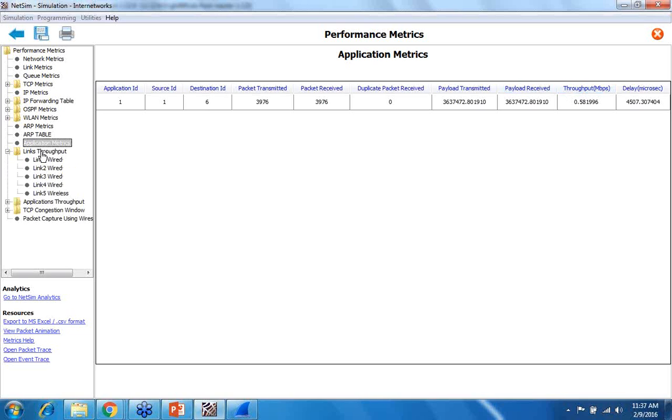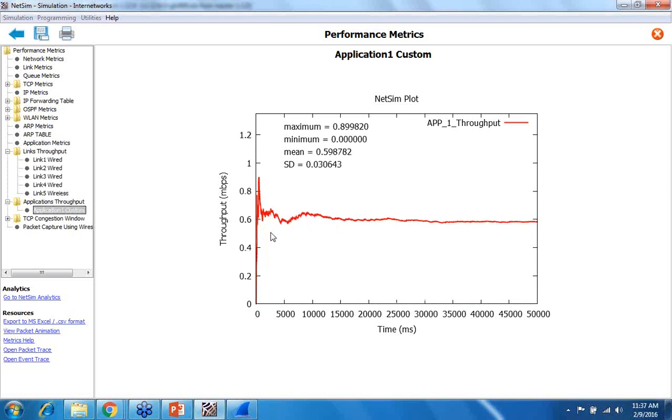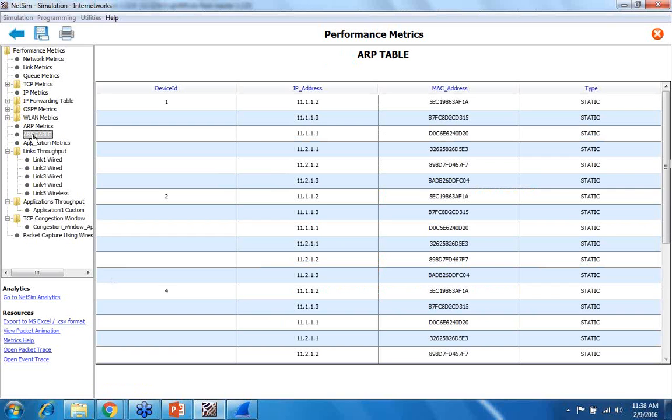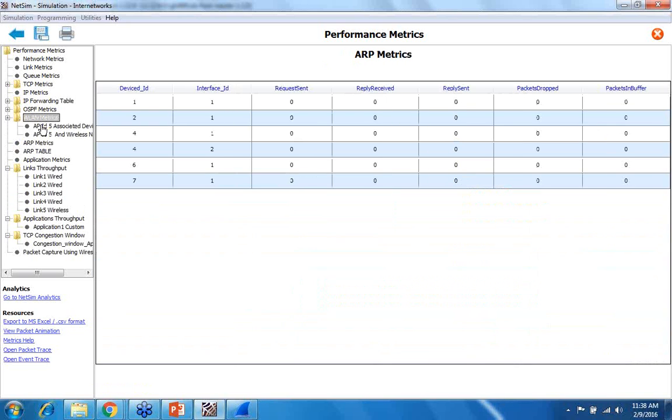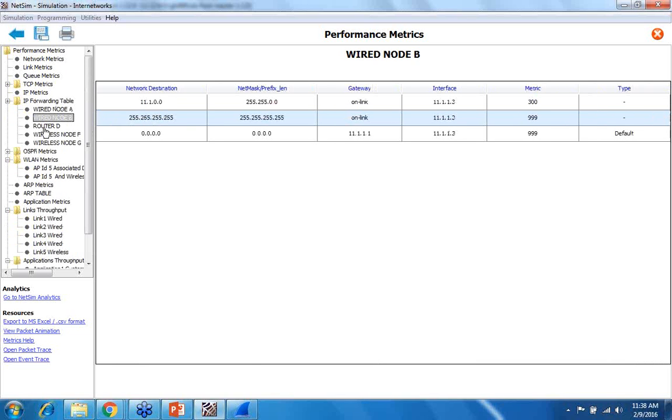So we have set the dynamic metrics. So link throughput is there. You can see the graphs of link throughput, link 1, link 2, link 3, 4, 5, all the links. Then the application throughput graph, and this is the congestion window graph. All these have been created in the dynamic metrics. This is the ARP table, ARP metrics, wireless LAN metrics, IP forwarding table. All these are the results that have been generated. Now,